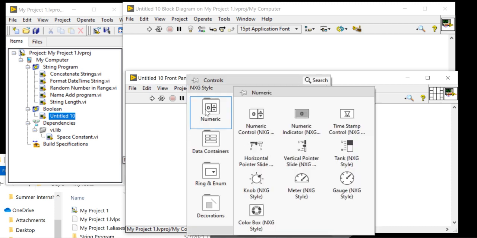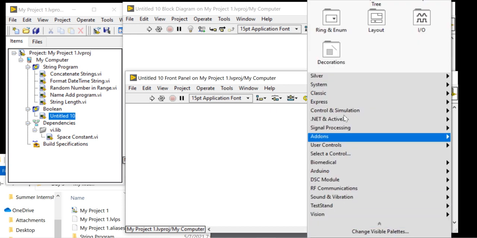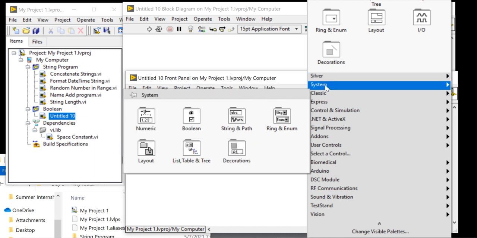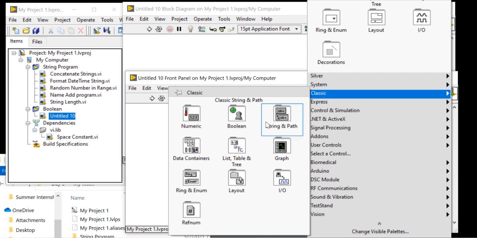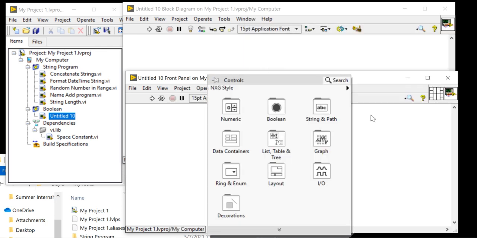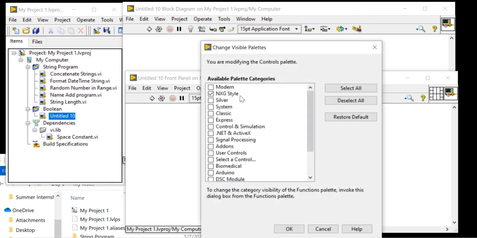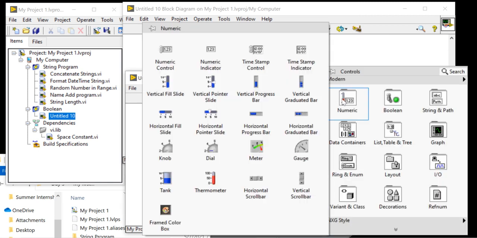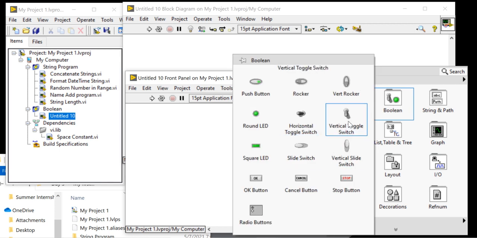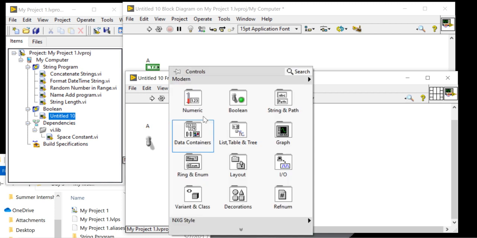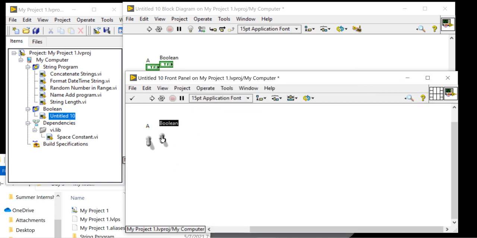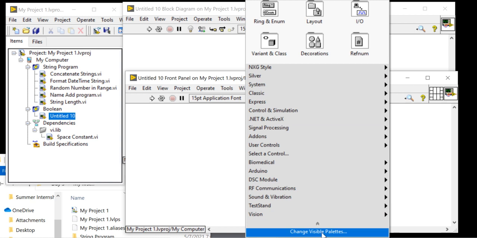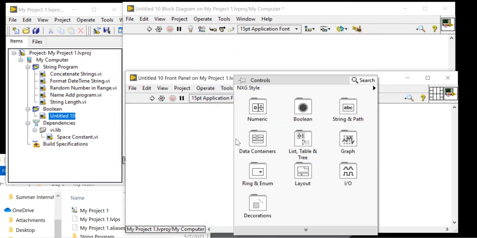Here, right click, from the modern style I am taking one vertical toggle for A and one more vertical toggle for B. If you are not able to find it and you only want to work with the NXG style, no worry.